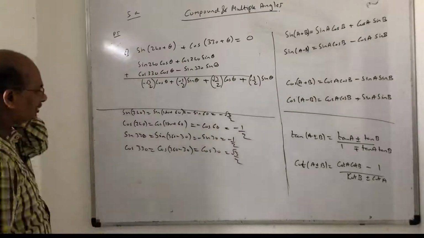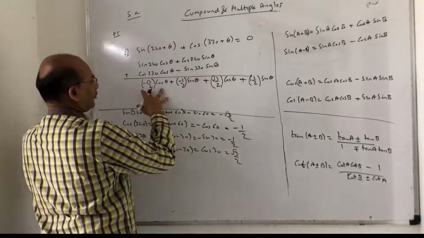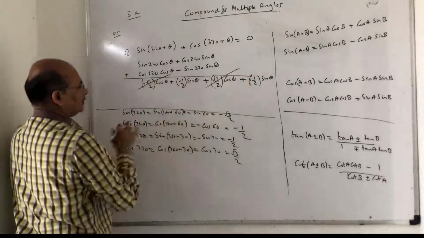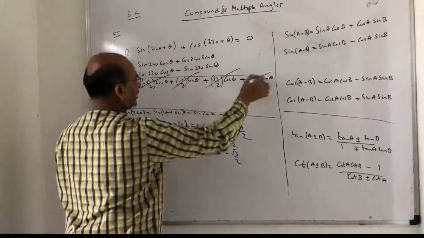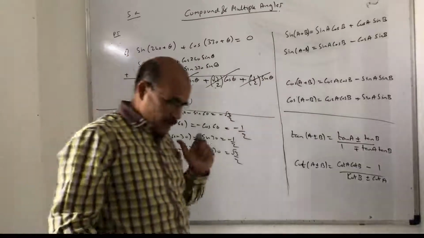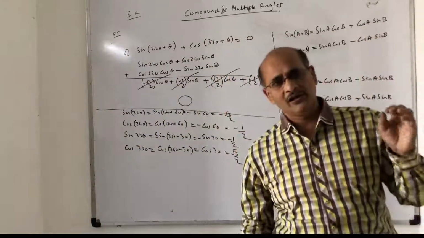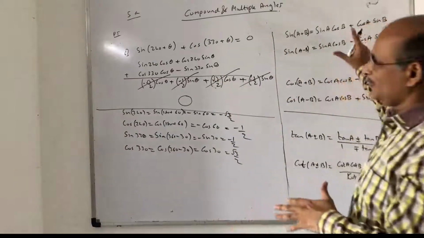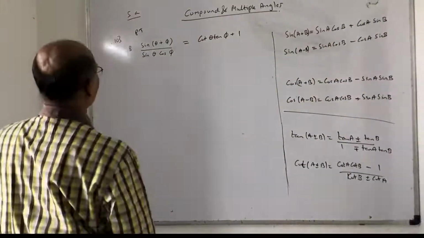So let us see now, this is the addition after I put in these values here. Minus root 3 upon 2 cos theta plus root 3 upon 2 cos theta, which gets cancelled. Minus half sin theta and plus half sin theta also gets cancelled. Eventually what is the answer? 0. So basically see how we are connecting whatever we have studied in the previous topic, that is finding the values of trigonometric functions of angles of any magnitude, and just simple application of these formulas to the question. Okay, let us see this question now.